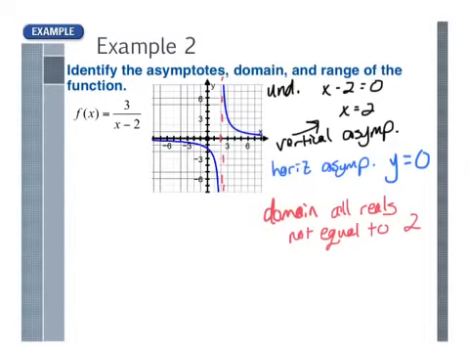And then we're going to say that the range, okay, and your range is your y's. So thinking about it, the bottommost value to the topmost value. So this time, and actually let me go ahead and draw in the horizontal asymptote here, right there on top of the x-axis. So when you're thinking about looking at this graph vertically, the graph is defined everywhere except for that horizontal asymptote. So your range is going to be all reals not equal to